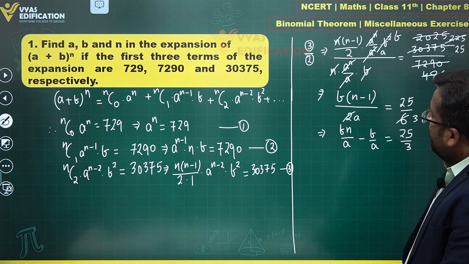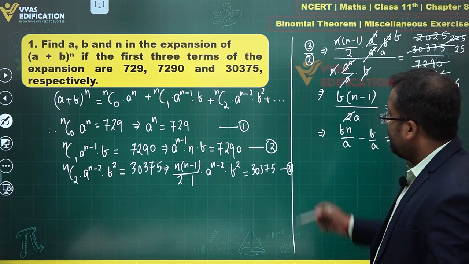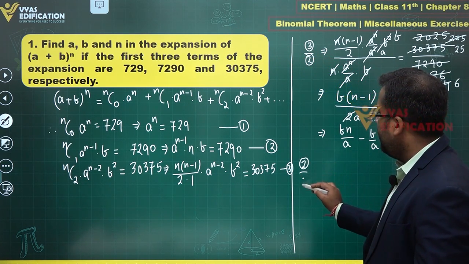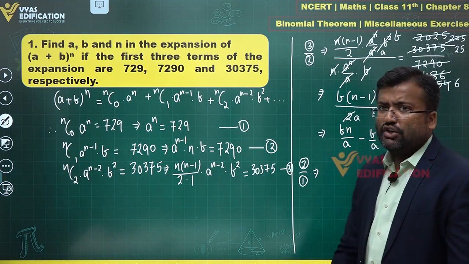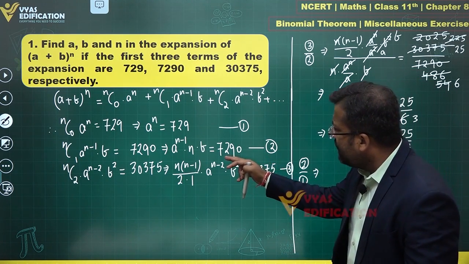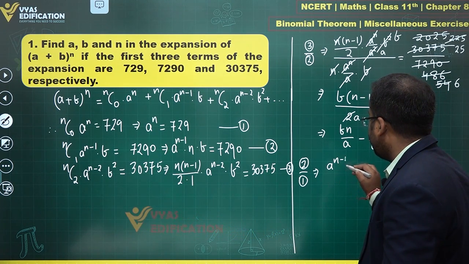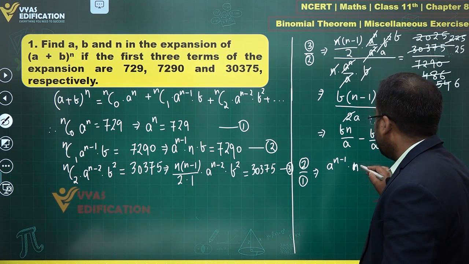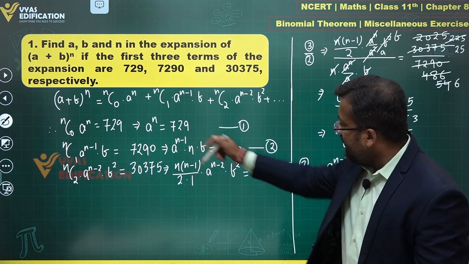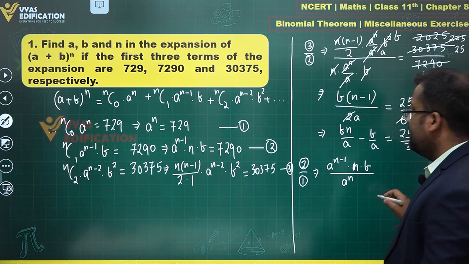Okay. This was 3 divided by 2. Okay. You can also divide 2 and 1, and what does that give us? 2 divided by 1. Now this will be simpler probably. That's what I can see over here. This is A power n minus 1 times n times B over A power n, simply A power n. This is equal to